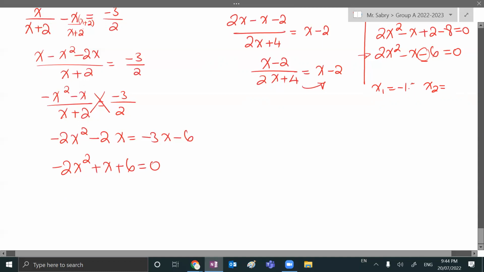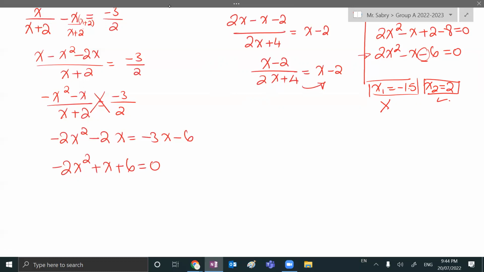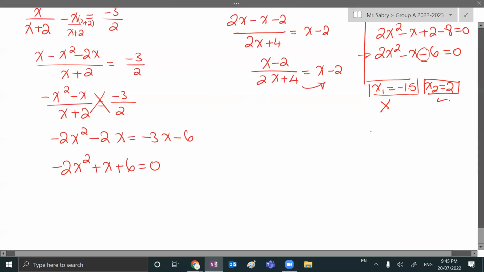One is negative 1.5 and the other one is 2. So apparently the positive 2 is the one that I'm supposed to take. The negative 1.5 cannot be the one because it's negative. Other than that, is there another way to do this mentally? Yes. How to do this mentally? I would suggest that